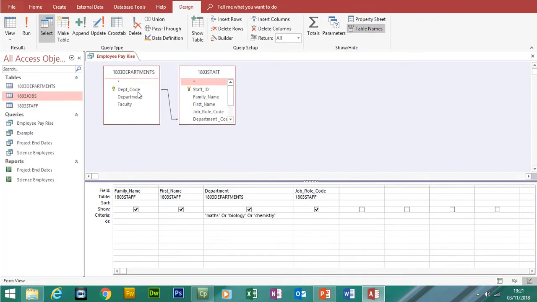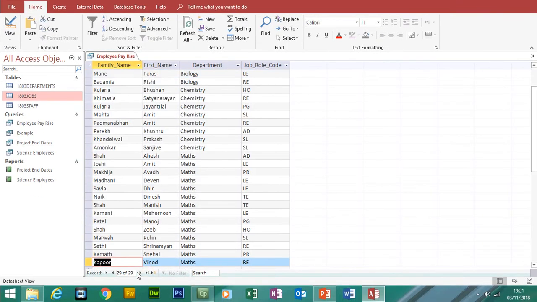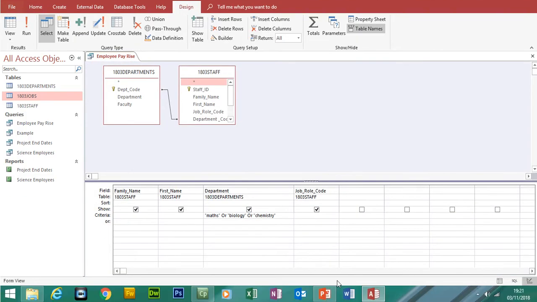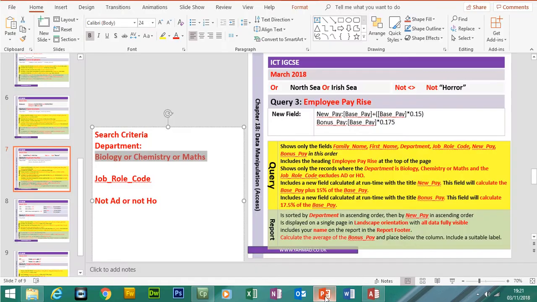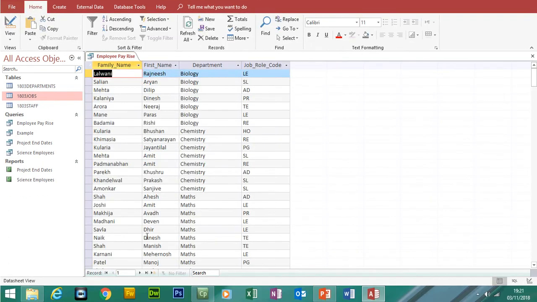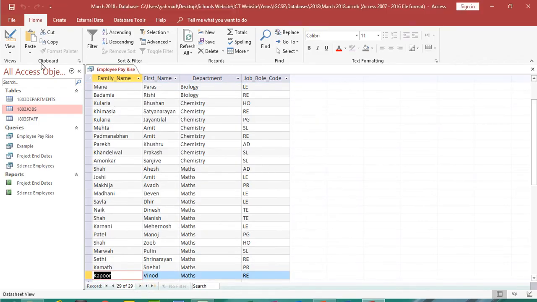Actually, I'm going to delete that for a second because I didn't check to see how many records I had left over. So we're down to 29 just by filtering a department. So now let's filter the job codes. So not AD, so excluding AD, or not HO. If we click on run, and we should be down to, okay, so that's not worked, I've still got AD,